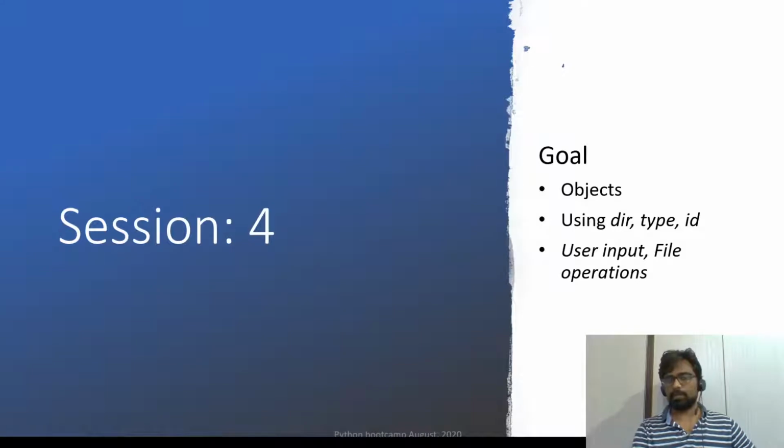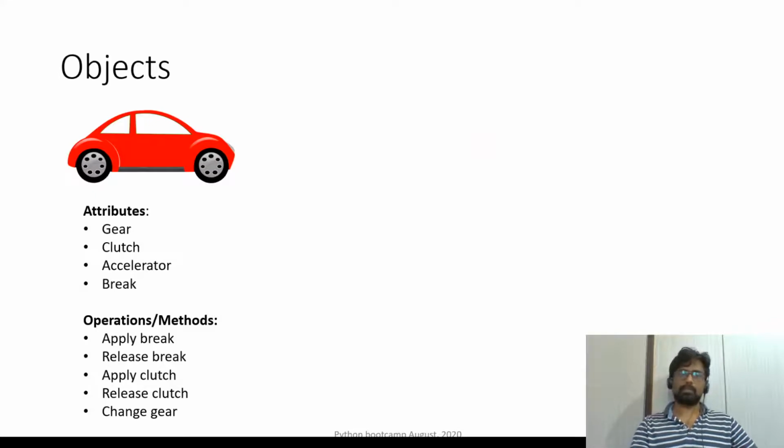And coming to the objects and things like that. So this is like our base example where we learned about objects. Objects are nothing but something which has two things, that is attributes and operations. So just remember the car, and everything comes to mind. So you can look at anything and you can define the object. Okay. The reason is it is like a simulation of the real world inside the computer.